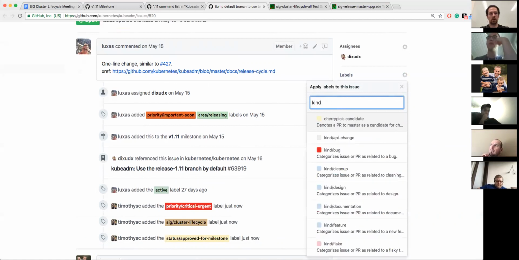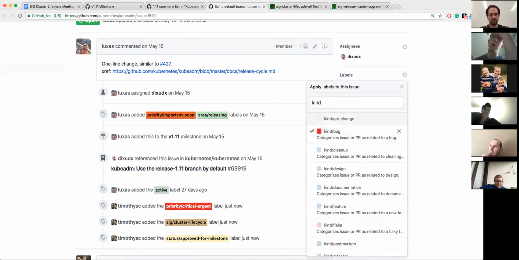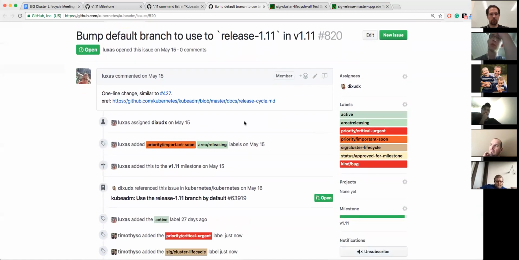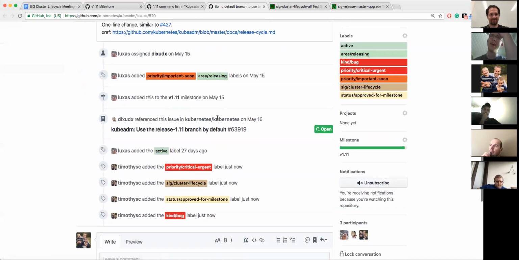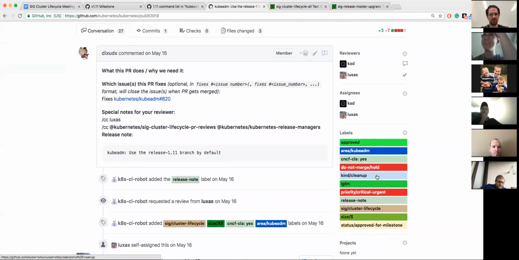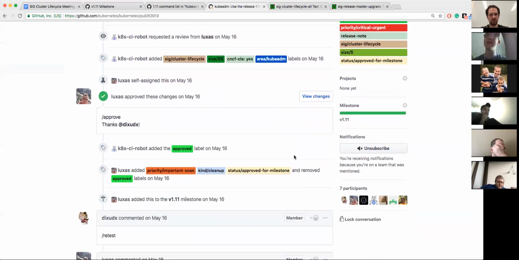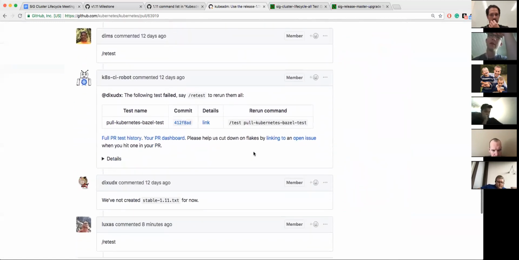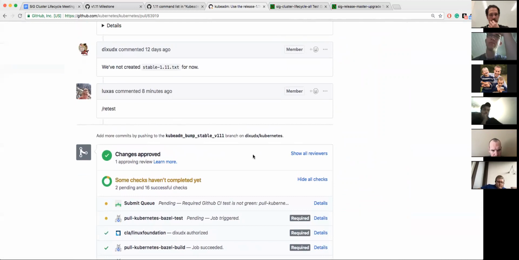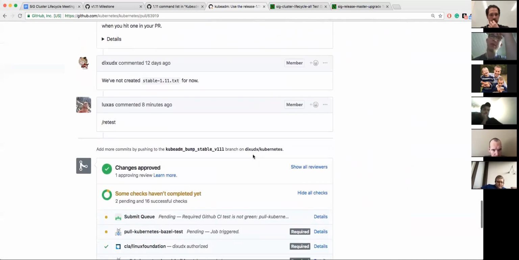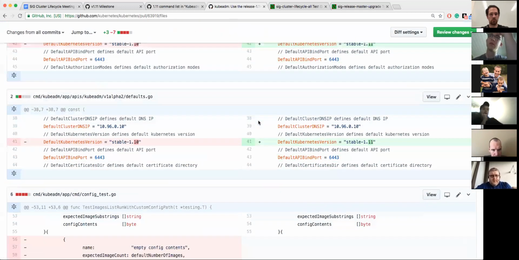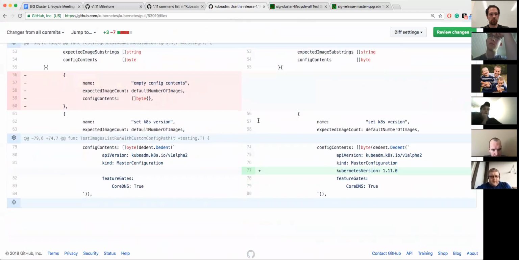Yeah, if you go to the use release 111 PR there. Oh, I'm labeling the wrong thing. Yeah, these have everything, but there's a Bazel unit test failure. So I'm thinking, should I issue a retest? Maybe, but it's not going to work. If you need to redo a PR because of the Bazel problem, or you can't update his PR.